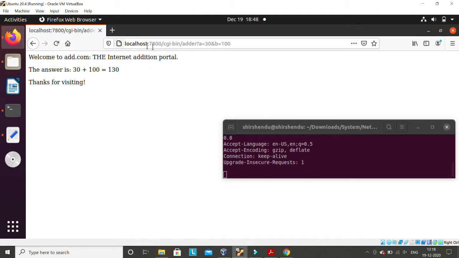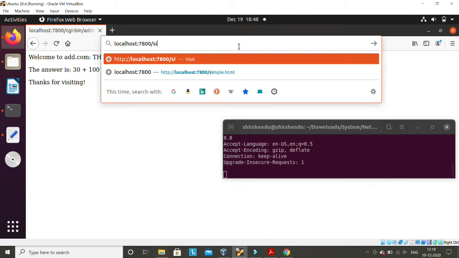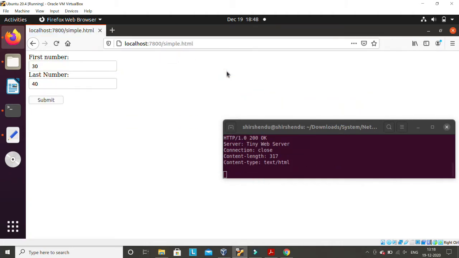The last demo I will show you is with another HTML page. Here I have requested a simple HTML page, and this is the page. Maybe some of you know that HTML has a special syntax called an HTML form, and if you write an HTML form, it looks like this.